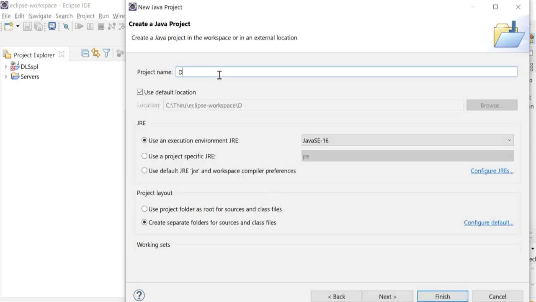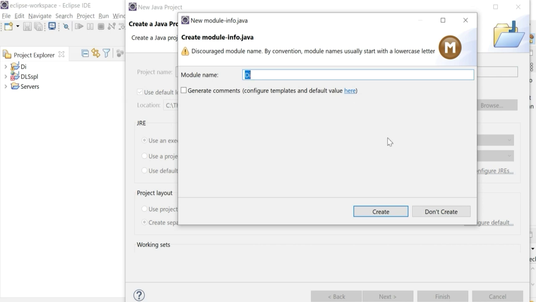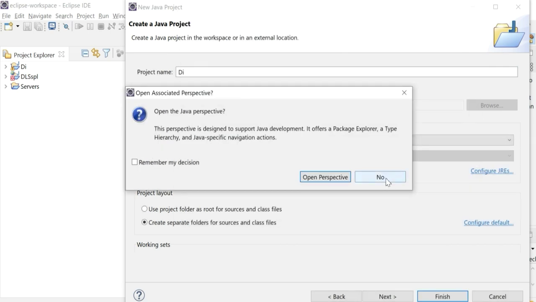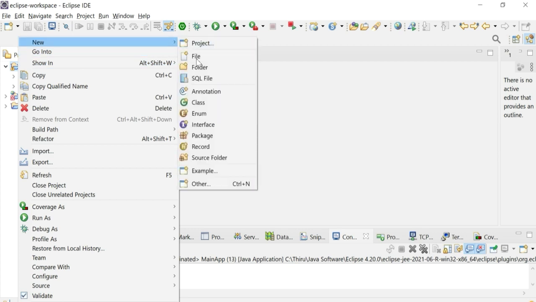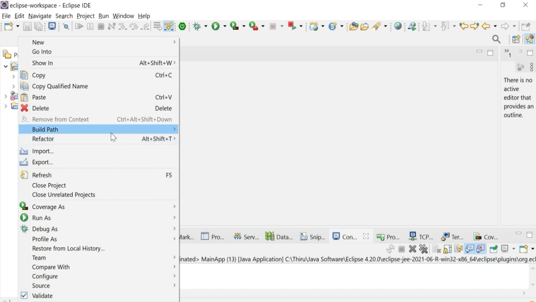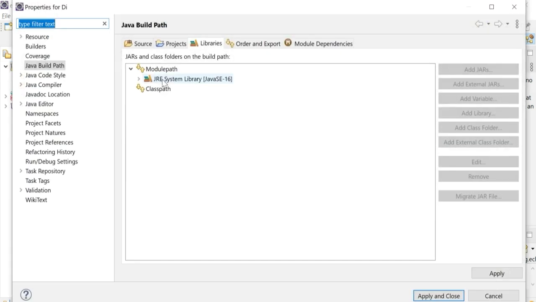I just give the name of the project DI, and click on finish. Now you can see the project is created. Right click on the project and we need to add the jar files. These steps I have explained in the previous sessions. Right click on the project, build path, configure build path, click on classpath, add external jar,